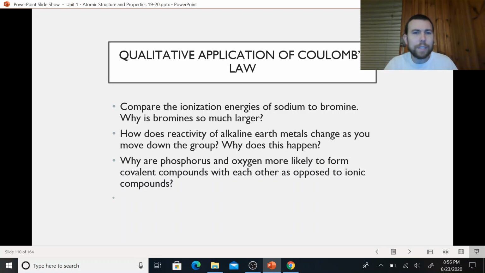And so what's happening is, according to Coulomb's law, the nucleus has less of a hold on the valence electrons as we get further and further down the periodic table. So that means those electrons are more easily lost and react chemically. That means the Coulombic forces of attraction are weaker as we move down that particular group, and therefore